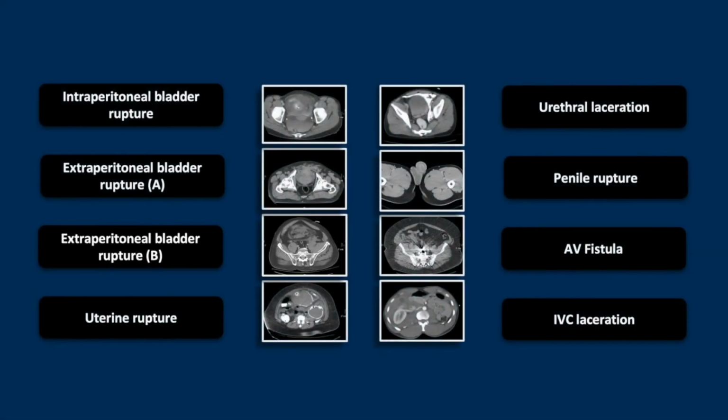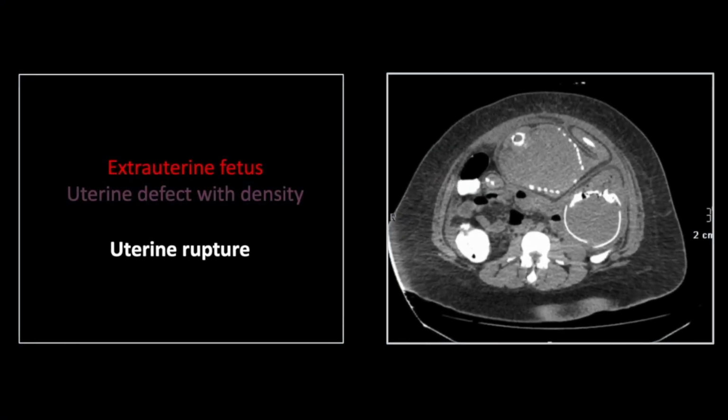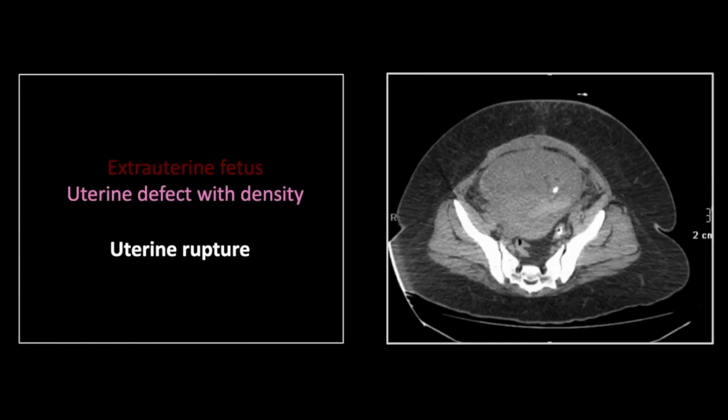Our next case is a traumatic uterine rupture. These tragedies are usually related to motor vehicle collisions. You see here an extrauterine fetus, most likely with a few skull fractures as well, and quite a bit of intraperitoneal fluid is obviously present. Lower down, there is a visible defect in the lower segment of the uterus,